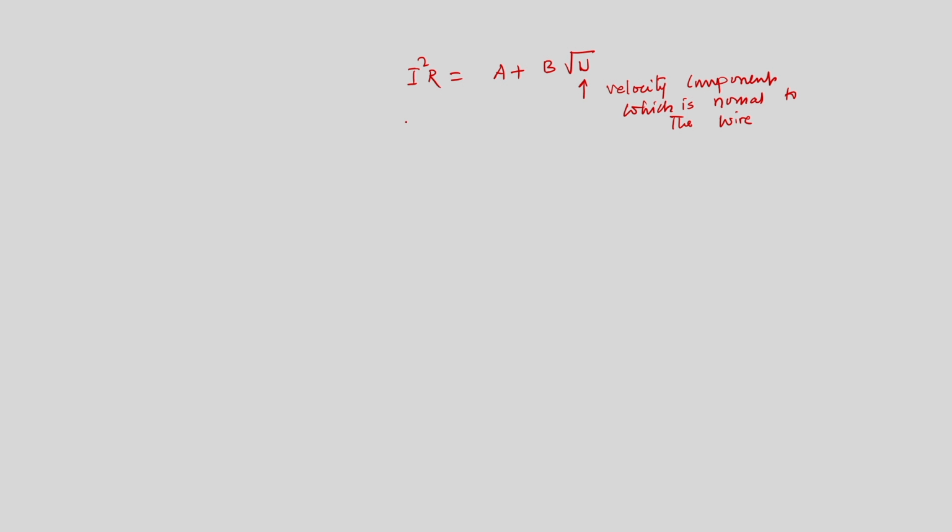So, that means if we place this probe, the probe will measure only the velocity which is normal to the wire. But it is highly unexpected that the velocity will have only one normal component. There will be velocity which is parallel to the wire, because the flow is highly chaotic and erratic, so there will be three different components of velocity. So, velocity which is parallel to the wire